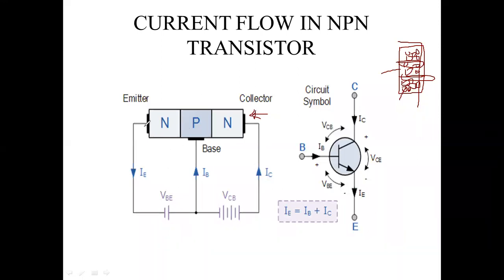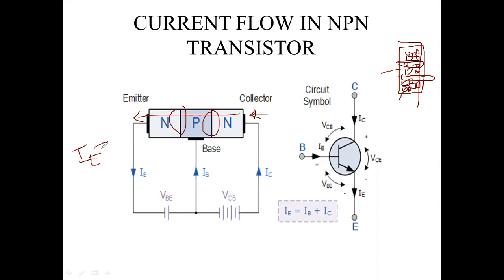So when this is forward biased, we are breaking this layer, and when the base is forward biased, in that situation both depletion layers will break. Once it breaks, current will start to flow from collector to emitter. Collector to emitter, the forward bias is there. But what we have to give, the total output current, is IE.